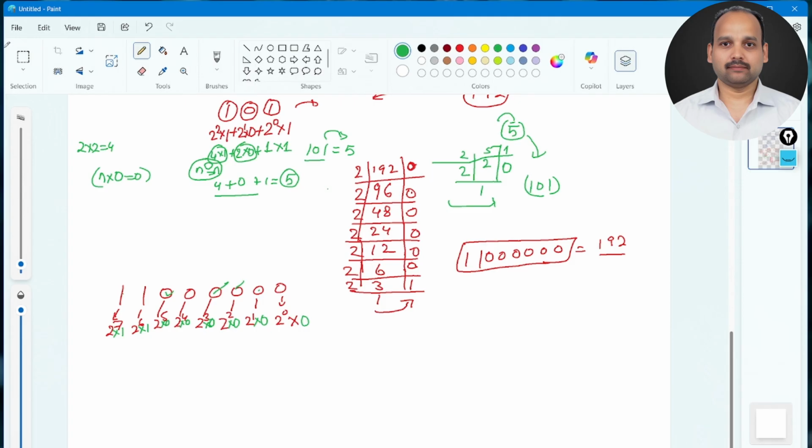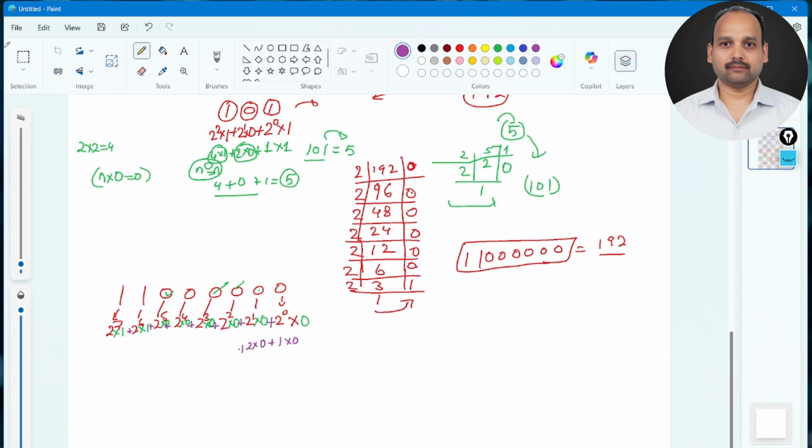So we have to add all the values. I need to add all the values together, and whatever value comes, that will be the decimal. So if you see, 2 to the power 0, 1 into 0, plus 2 to the power 1, that means the value will be 2,